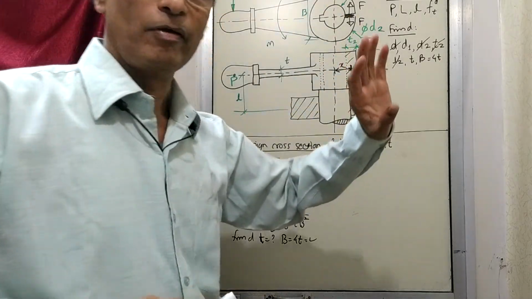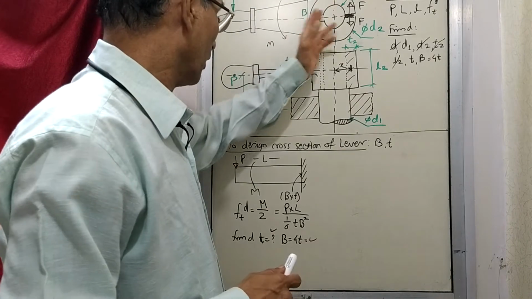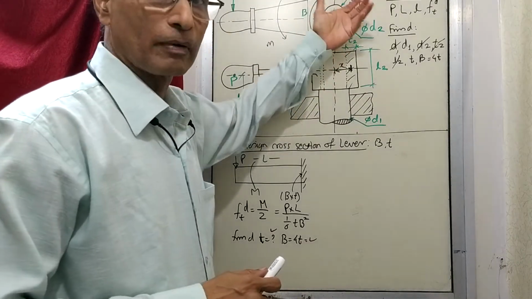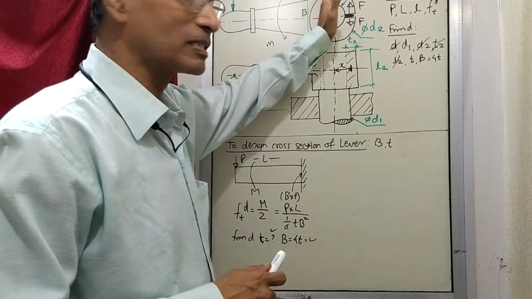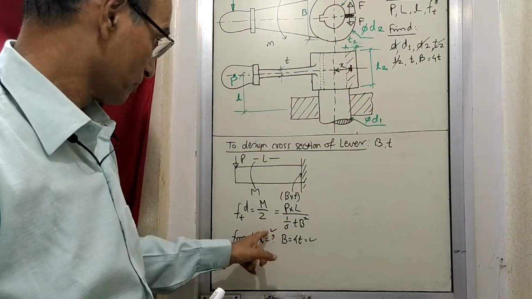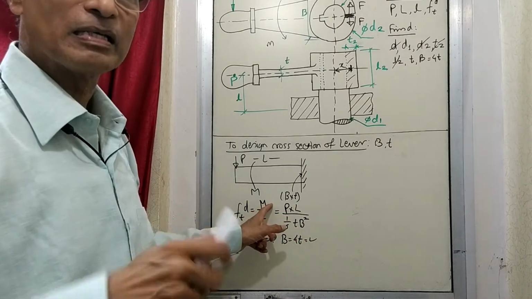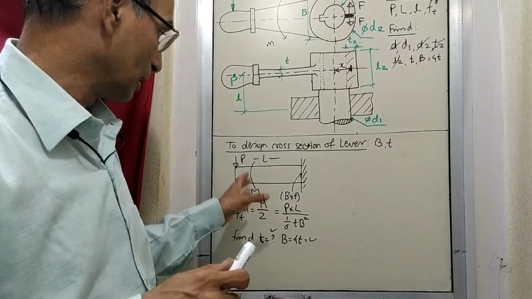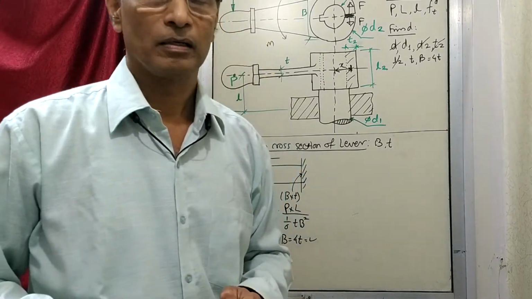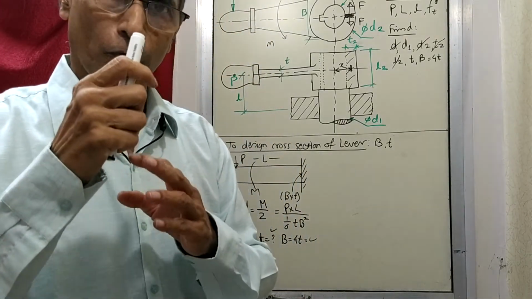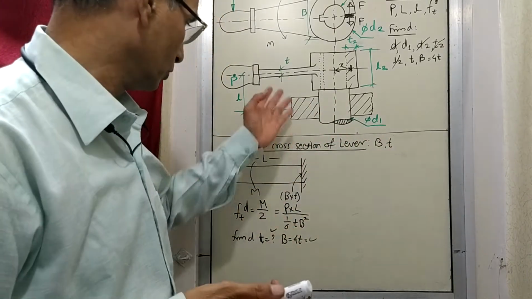Now that will be very, very accurate if you want to take, because that is really a distance. But then to find this out, maybe you will have to do some calculations. Instead of that, L is available, and by using a larger distance you are increasing the M. By taking the value of L, which is larger than actual, the moment you are taking is larger than actual. So if you are taking the larger value, that means you are trying to design it for a larger amount of moment. That means you are designing for the case which is worse than existing, which is better. So no problem, you can do this and get the value.